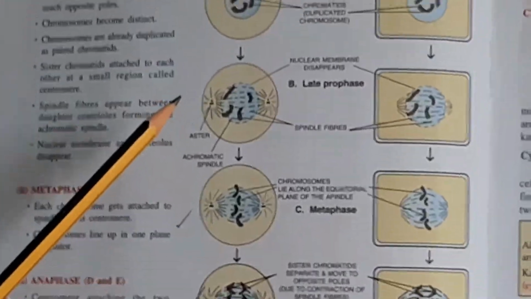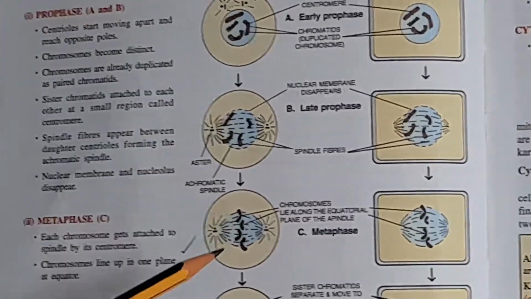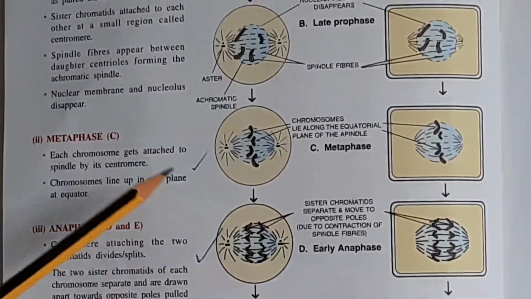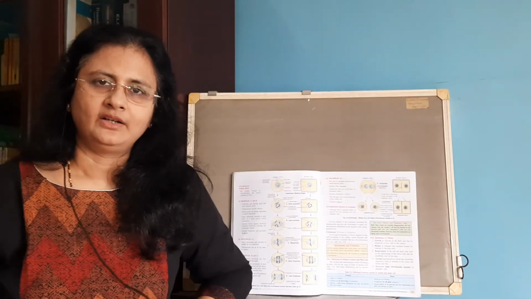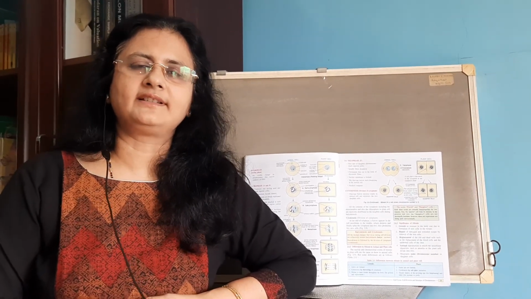Now the other stages of cell division, that is metaphase, anaphase and telophase, we will discuss in the next session, and we are going to draw the diagrams related to these also. Today I have just shown you with the help of the textbook, but in the next session see that you have the color pencils with you, because at least one or two of these diagrams are asked every year for drawing. So you have to have the practice of drawing neat and labeled diagrams. In the next class we are going to draw all the diagrams related to mitosis, and a few question answers, and then we will discuss meiosis also.